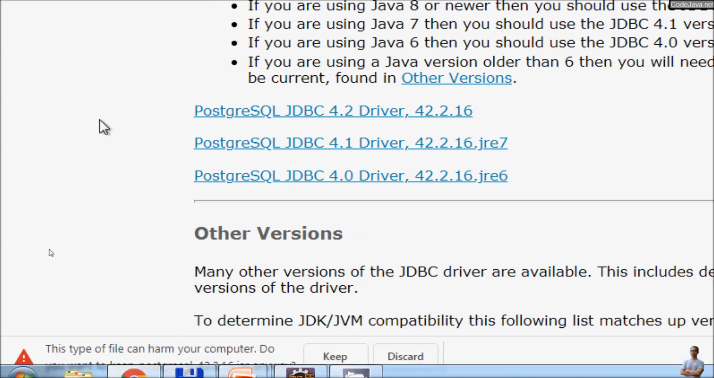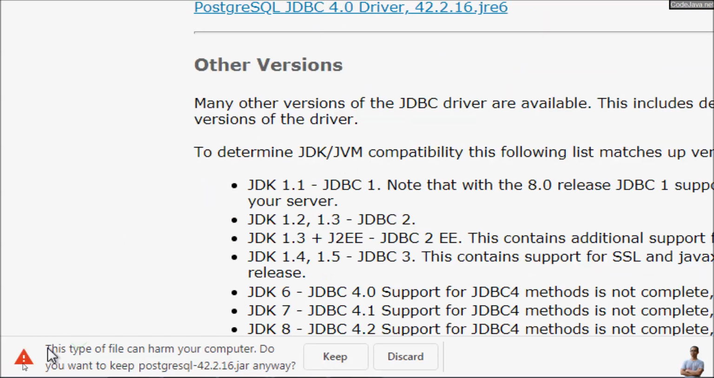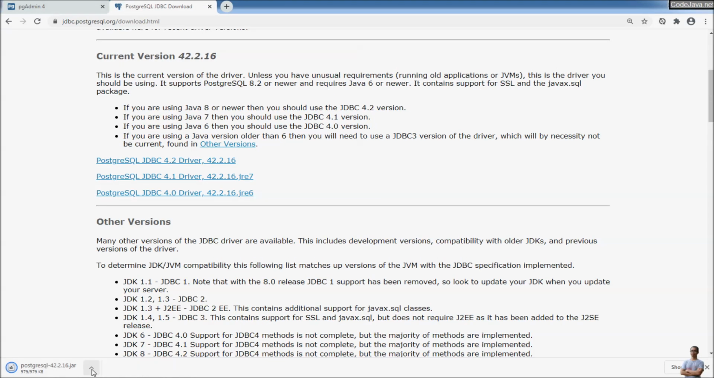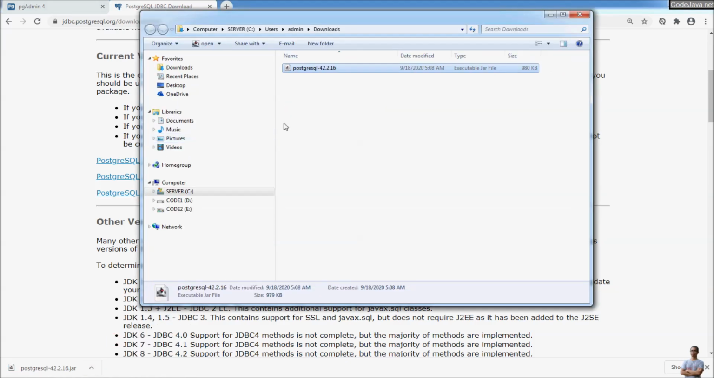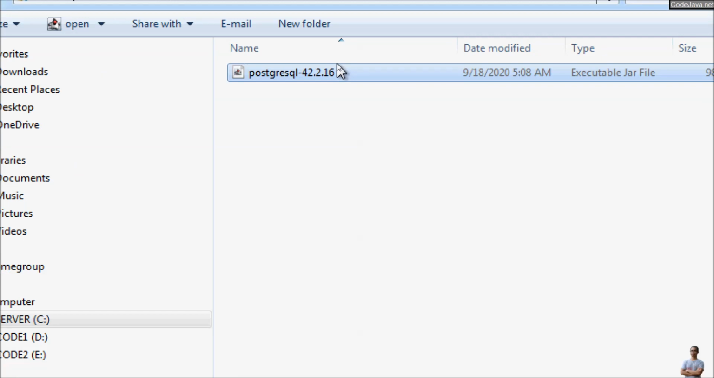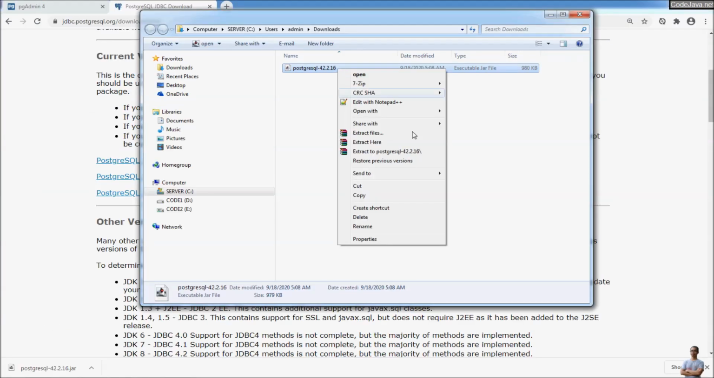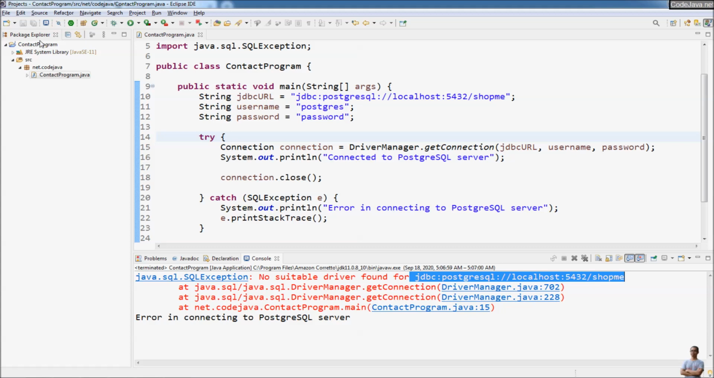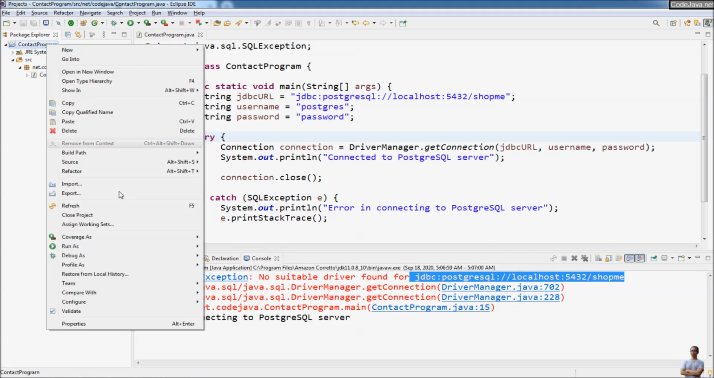The browser warns us this type of file can harm the computer. Click keep and open show in folder here to see the jar file. This is the jar file for JDBC driver for PostgreSQL server database here, you see, and we can copy this jar file into our project here, paste here,